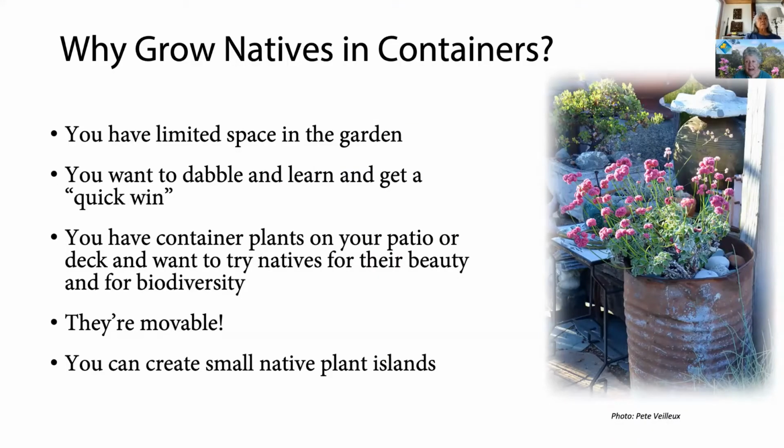So why natives in containers? Mamie and I were part of an advanced training group, a guild in Marin Master Gardeners focused on growing natives, and members of the guild have to do projects together. And Mamie had proposed to me, you know, I've got some container plants in my yard, and it might be,